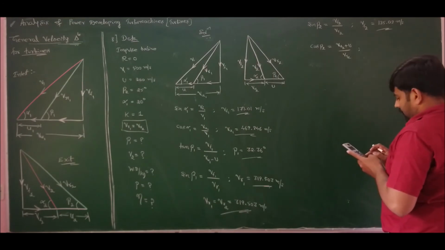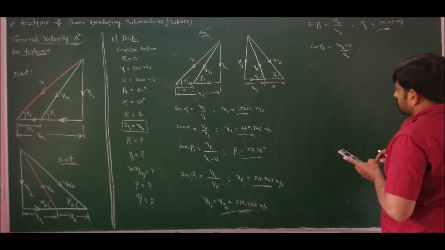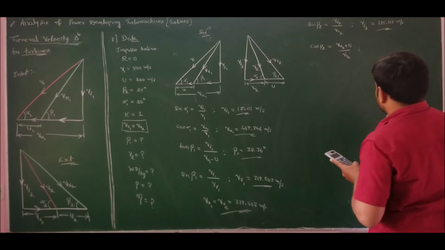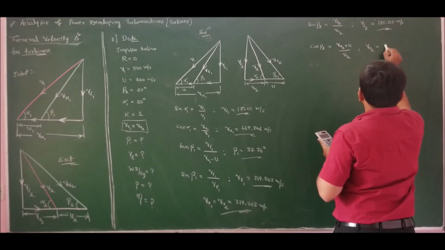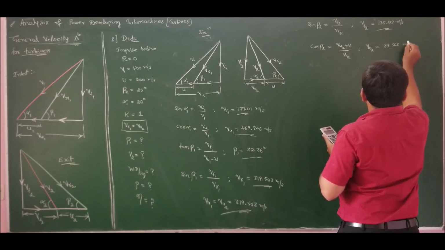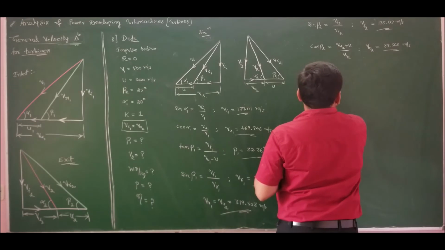Here cos of beta 2, which is 25 degrees, into VR2 is equal to VR1, 319.503, minus U. U is given as 200. So therefore VU2 will be 89.568 meters per second, and since it is positive,